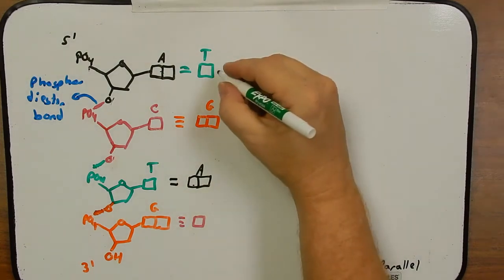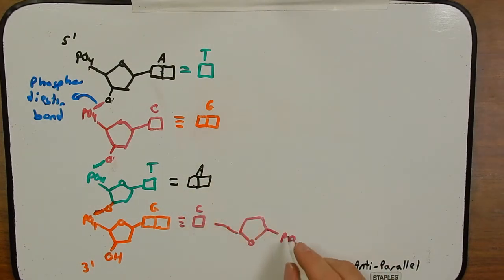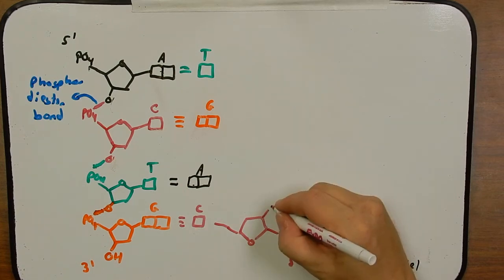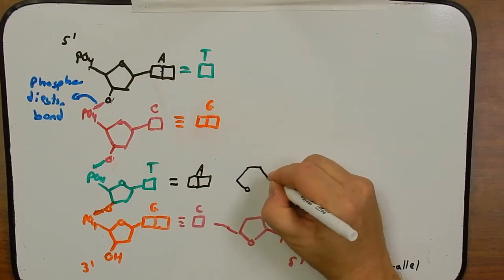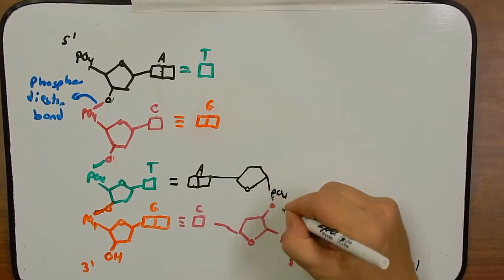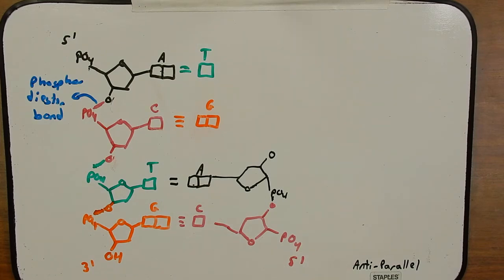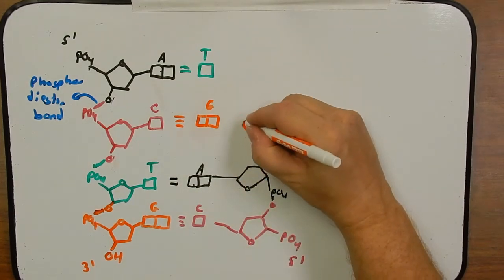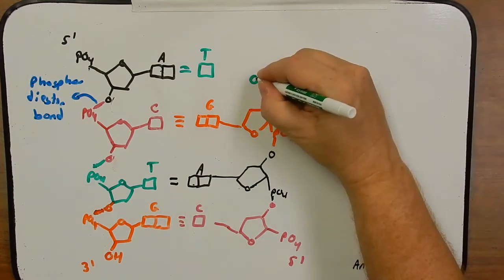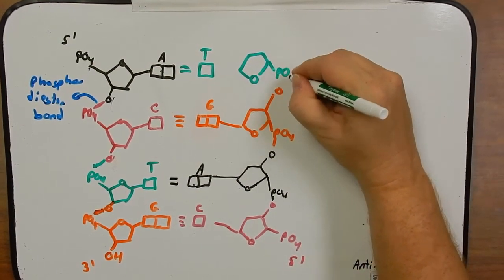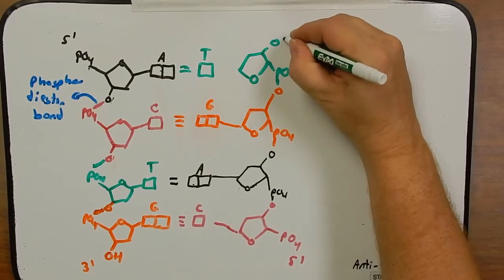And let me draw the sugars here. So this cytosine here, again, will at the very bottom have the 5' phosphate, 5' here. It will have the sugar like so attached to the base. We'll have our hydroxyl group here, which will bind to the phosphate group of this thymine. And this is going to form a phosphodiester bond with the guanine nucleotide here. And this guanine is going to form a phosphodiester bond with this thymine. And it's going to end with this 3' hydroxyl group.